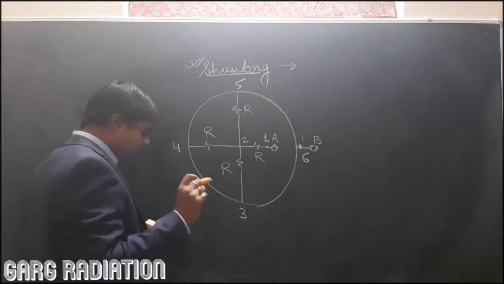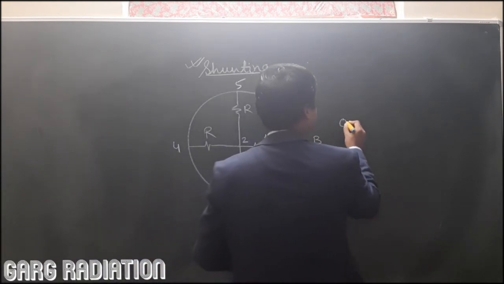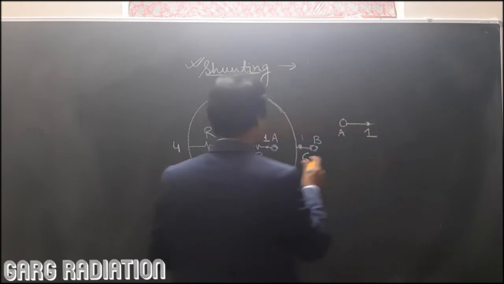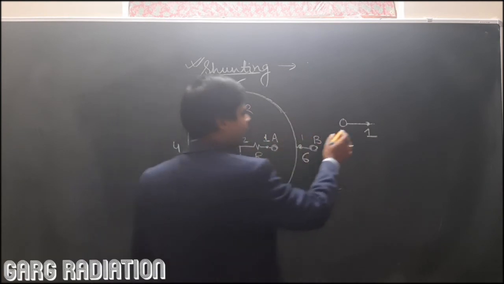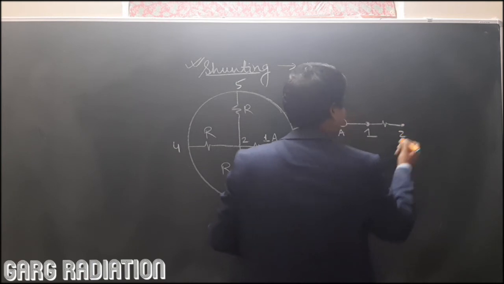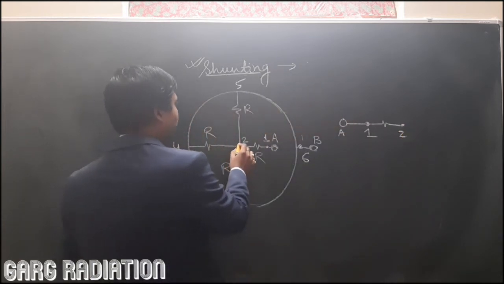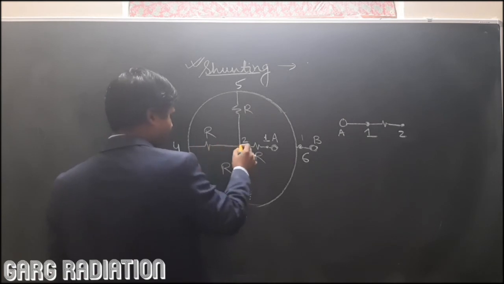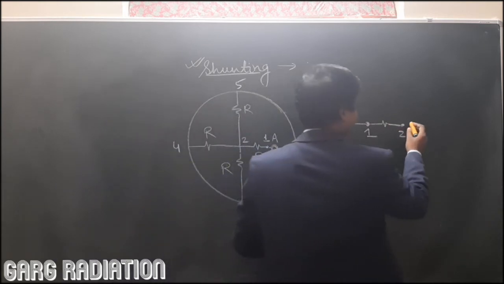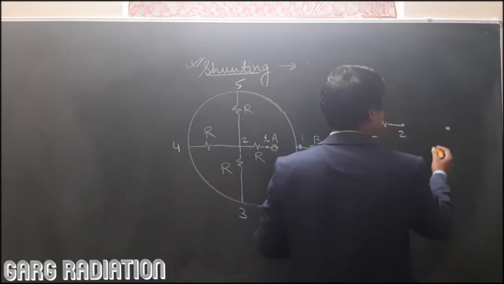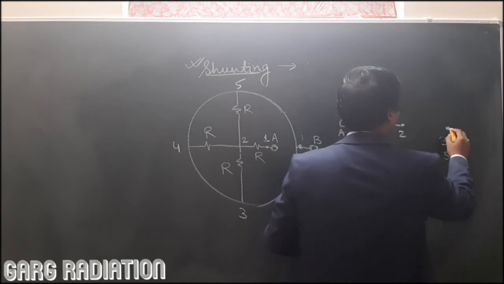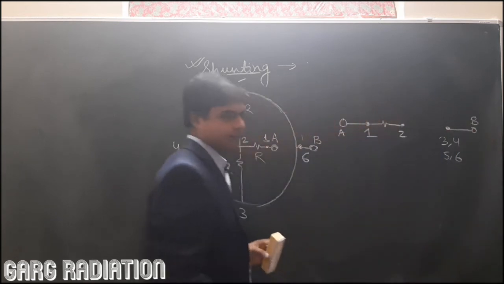Okay. So how do we redraw this circuit to simplify it? We simply first draw A. Okay. And then we have point 1. Then we have point 2. 1 and 2 are not identical to anyone, so we can simply draw them. So 1 and 2 we have drawn. Now 2 is connected with 5, 2 is connected with 4, 2 is connected with 3. But we have seen that 3, 4, 5, 6 all are identical. So we simply draw one point here, which is nothing but 3, 4, 5, 6, all the points, and they are connected with B.